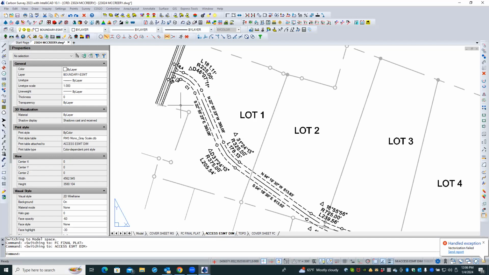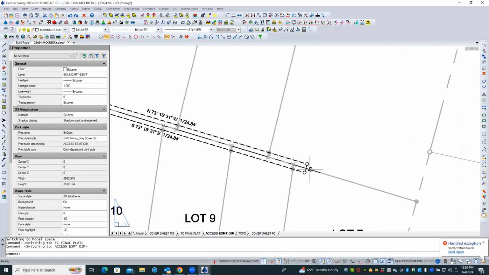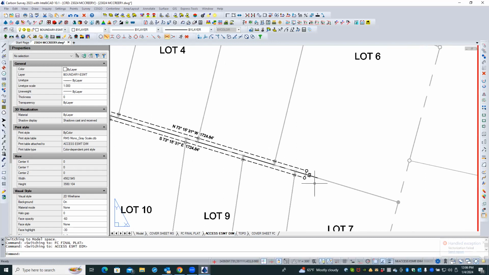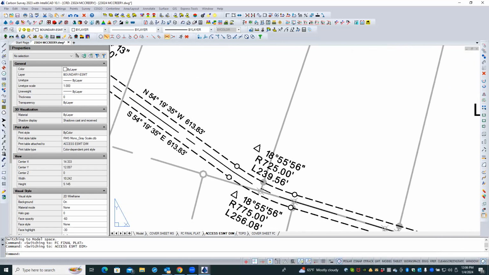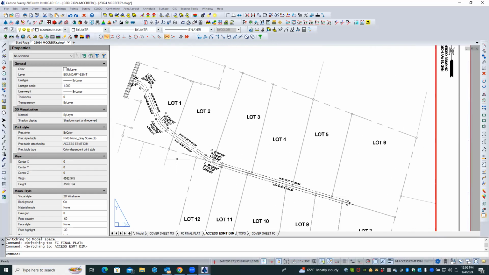So they're all gray and they're not the focus of the plat. This is all looking good. We still need to finish renumbering. We had the center line of the roadway, which that'll be okay. And it's dark. Now, for these arcs,